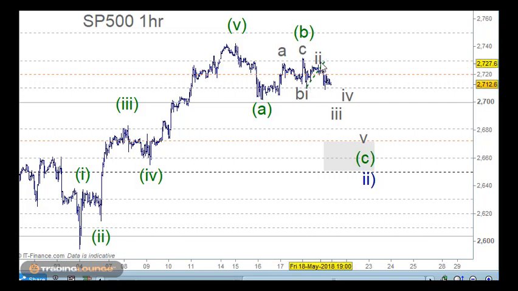But we're looking for a move to the downside, and the way that I see that is this is wave 1 here, wave 2 here. So wave 3 will come down here. We'll see wave 4 do its little dance at the 2700 area